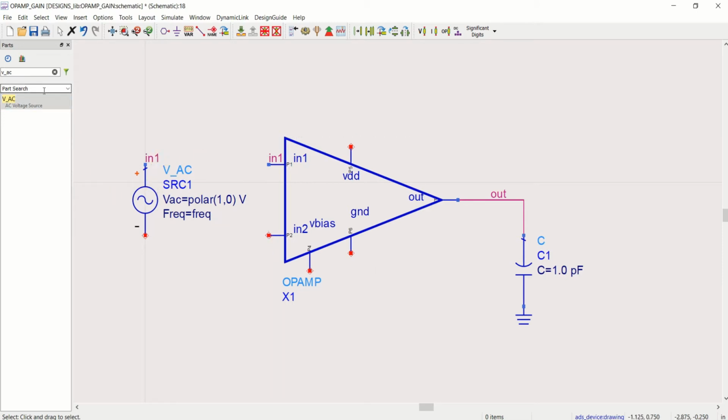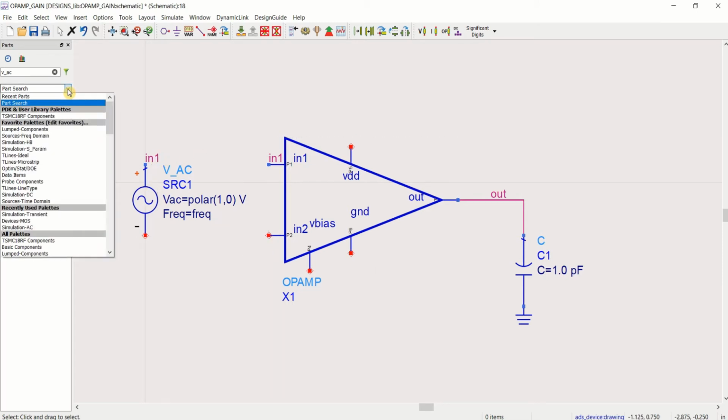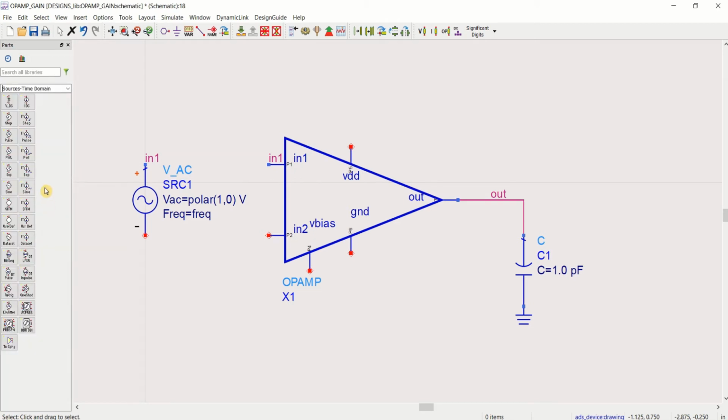So I'll be using the VDC. Go to the time domain sources, select the VDC. First input is AC, the second input is DC.